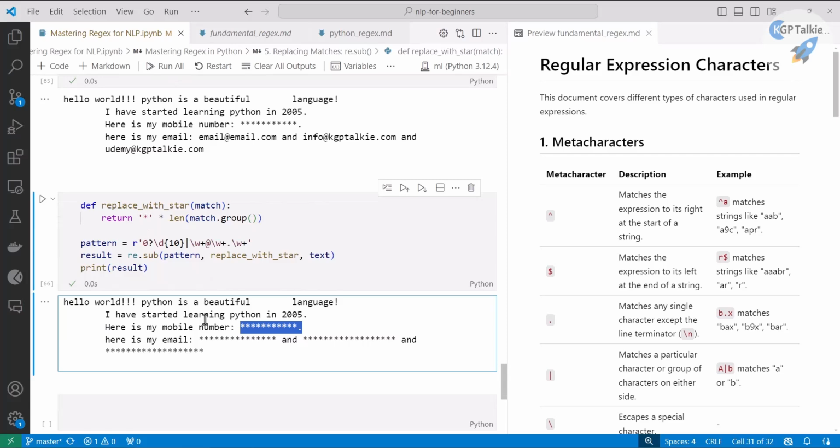Let's say you have a large financial document and you want to find some specific pattern, let's say license numbers or mobile numbers or amounts. Some of these things you can actually hide from your overall documents if you want to. Let's say you are training machine learning algorithms and you want to hide this sensitive information from your text data, then you can use this regex substitute method to hide